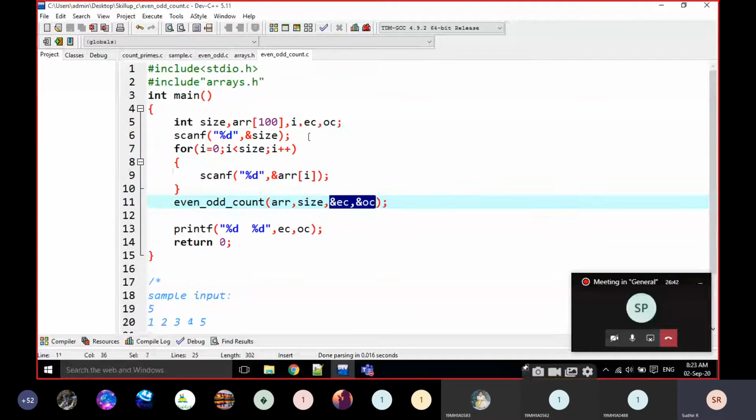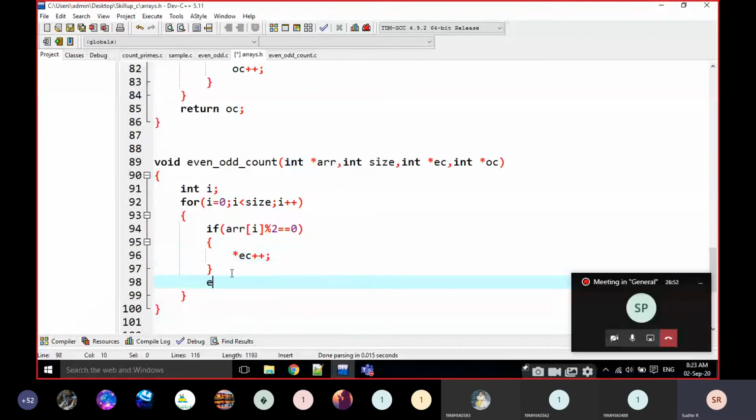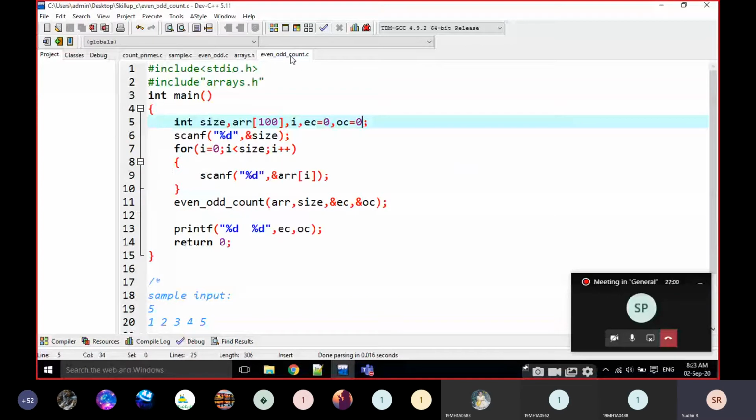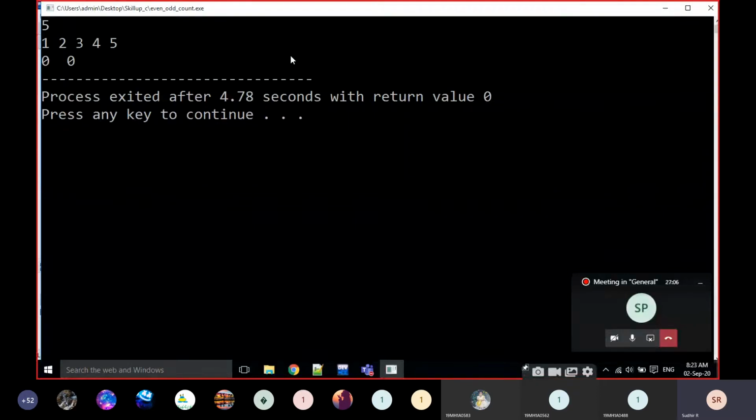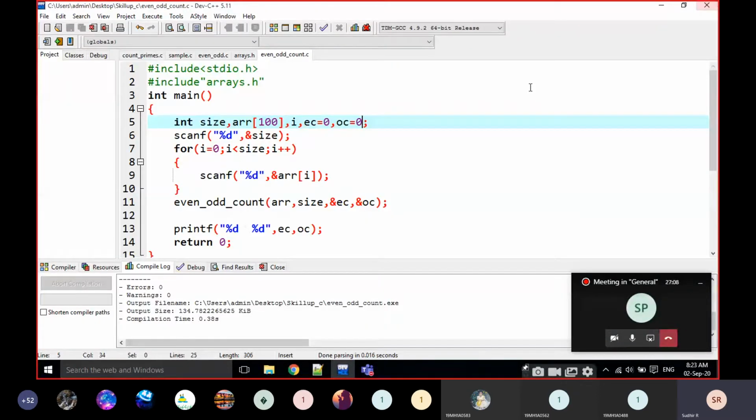Instead of this, we have to take 0 here initially. Else, oc plus plus. I am going to execute it. For example, 5, 1 enter, 2 enter, 3 enter, 4 enter, 5. Sorry, the output is going to be 0 and 0. Why is it going to be 0 and 0?